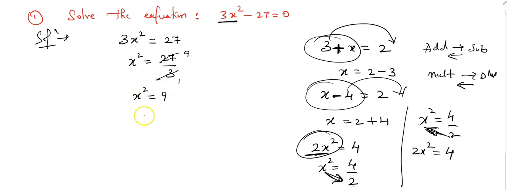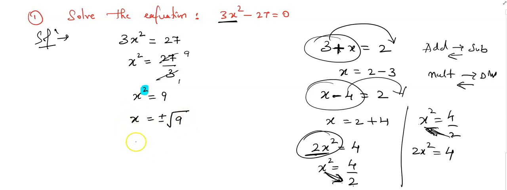Okay? x square is equals to 9. Now we can see here power is 2. What is the power? 2. If this square comes to the RHS side, it becomes plus or minus square root of the entire RHS. What is the entire RHS? It is 9. Whole square comes to the RHS side, it becomes plus or minus square root. If square root comes to the LHS side, it becomes whole square. Square will become square root, square root will become square. Cube will become cube root, cube root will become cube.